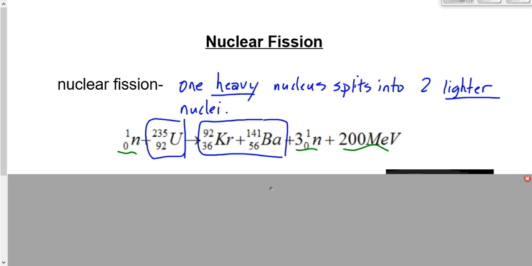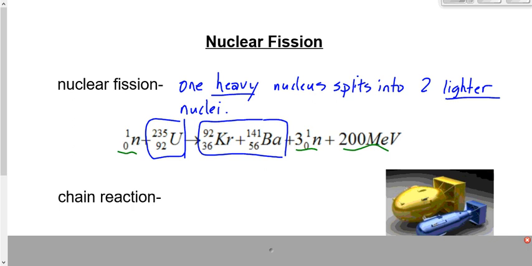We need to have a lot of these reactions taking place. Not just one or two or 10, but a lot of these reactions. We need to move a lot of specks of dust here. To do that, we design this so that a chain reaction is sustained. What's a chain reaction? Well, when the products of one reaction cause more reactions.